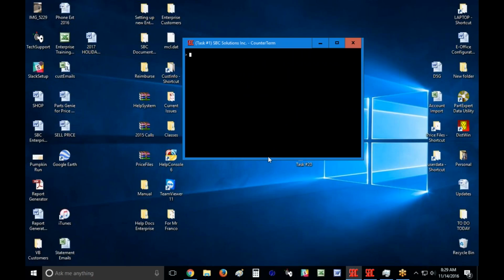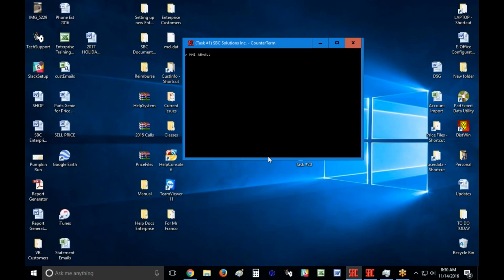So what I'm going to do is I'm going to type in MMI space AB equals all, and I'm going to press the enter key. Now what I want to do before I do this is make sure that everybody's off the machine. If anybody's in the middle of a ticket, in the middle of doing any kind of processing, in the middle of doing any kind of